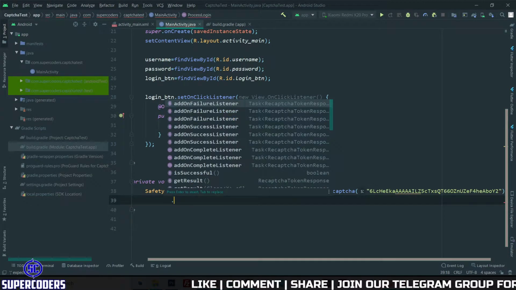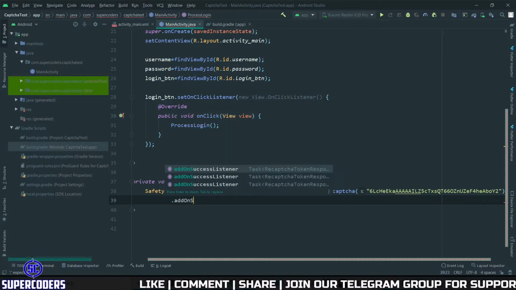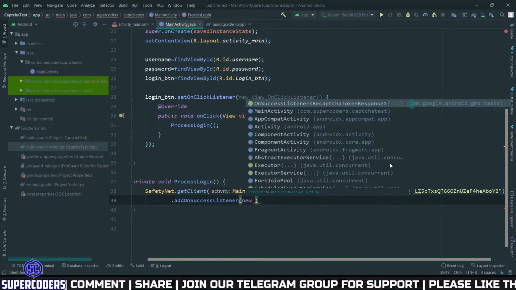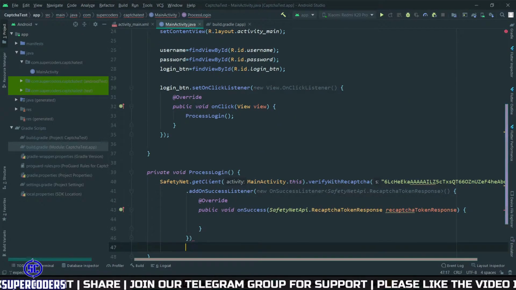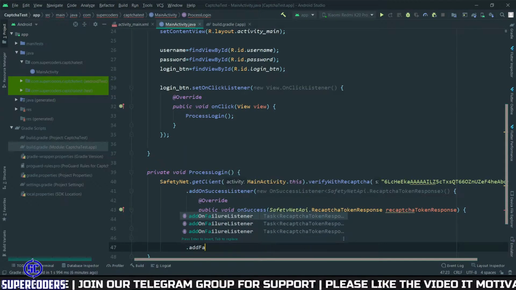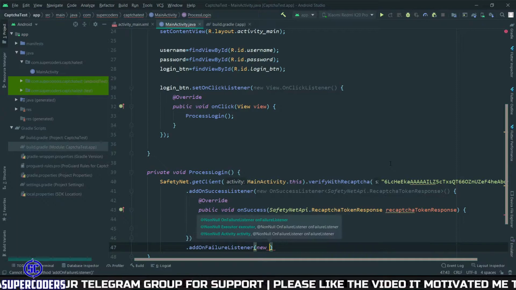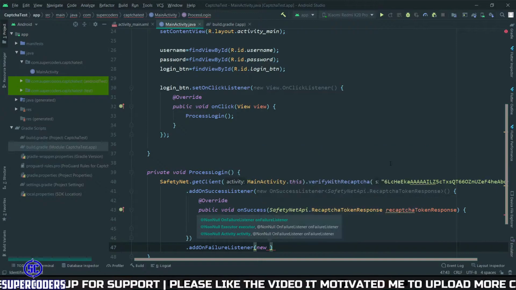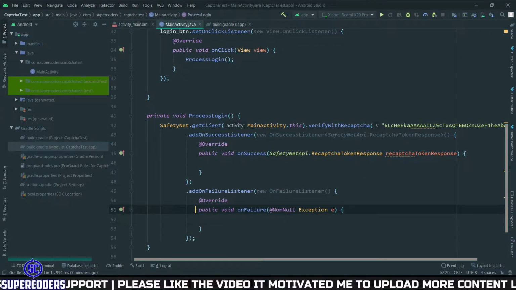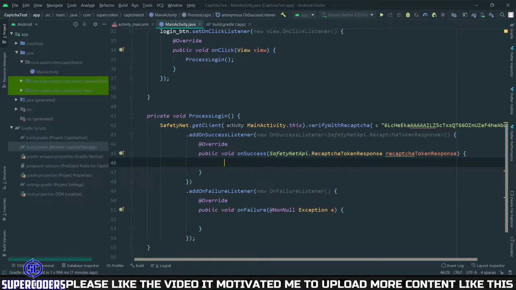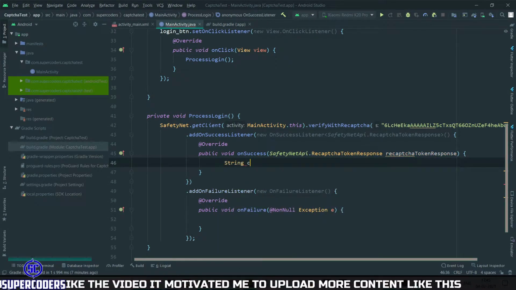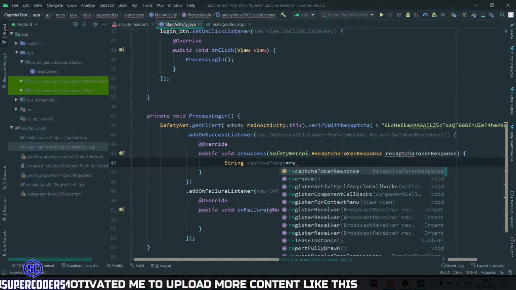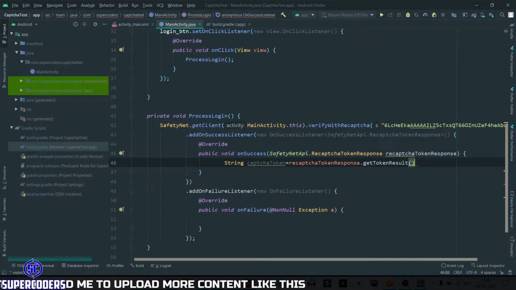After that, dot addOnSuccessListener, new, then type control plus space, SuccessListener. Again, dot addOnFailureListener, new, then again type control plus space and select OnFailureListener. After that, here on success, String captchaToken equal to recaptchaResponse dot getTokenResult.